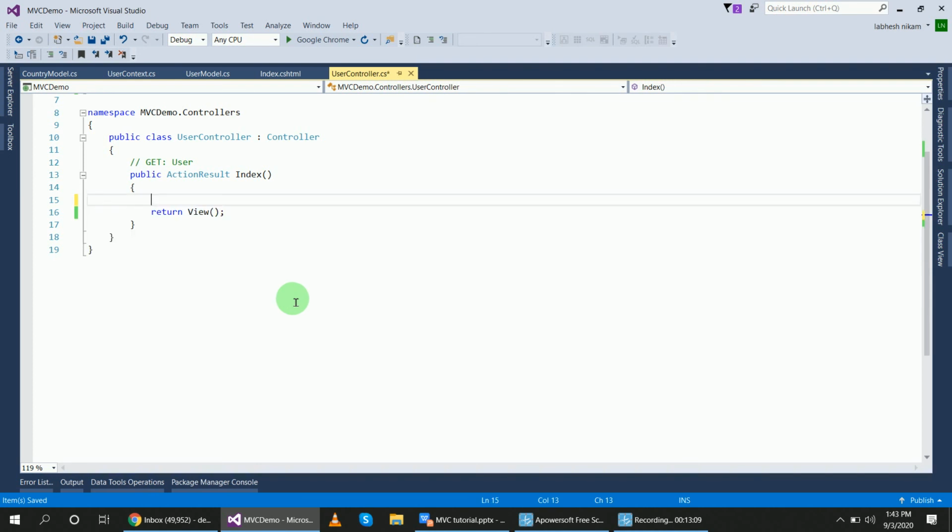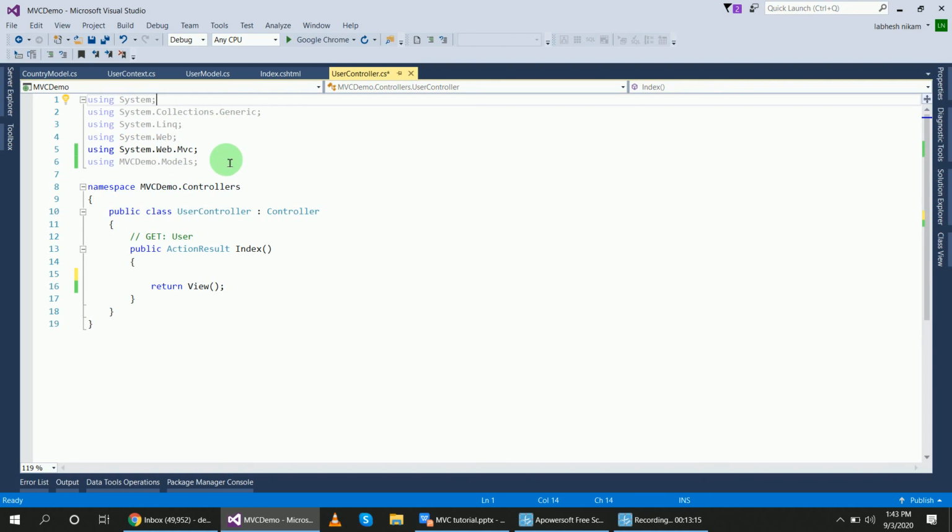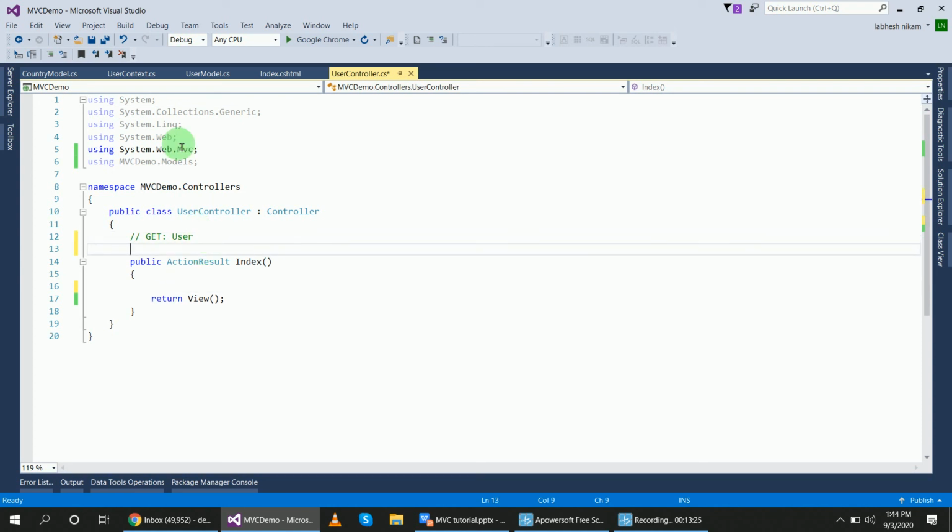First I will add the model class. To add the model class I require this namespace using project name dot models, and I have done there. So what is my connection class? Context, user context. db equal to new user context. So I have initialized my connection here and using that connection,